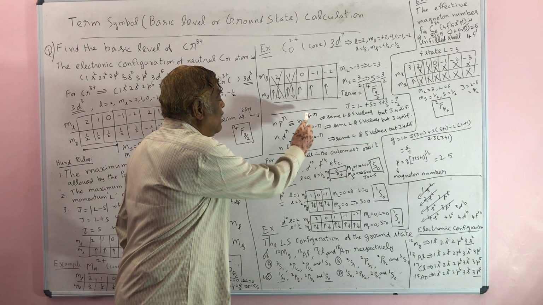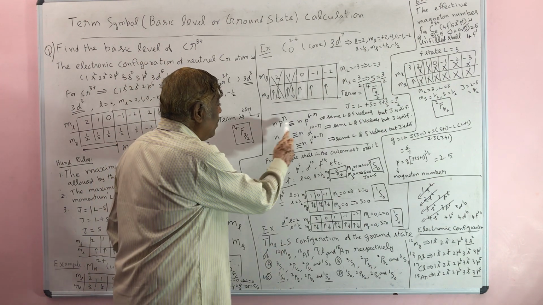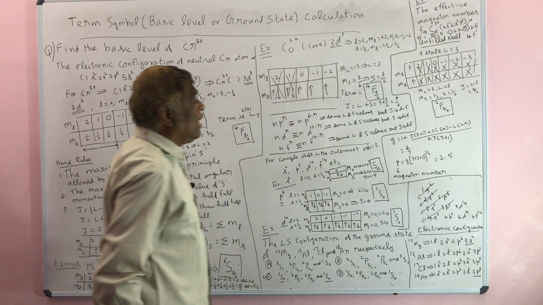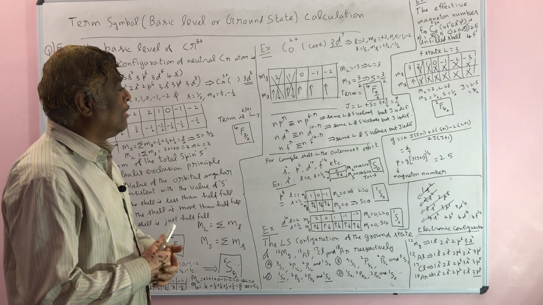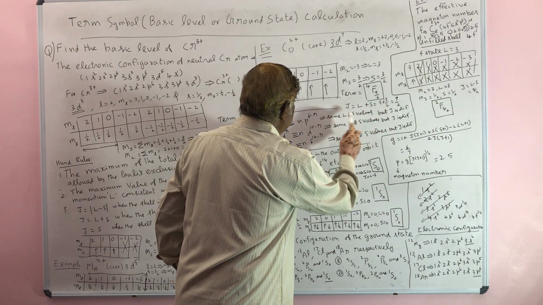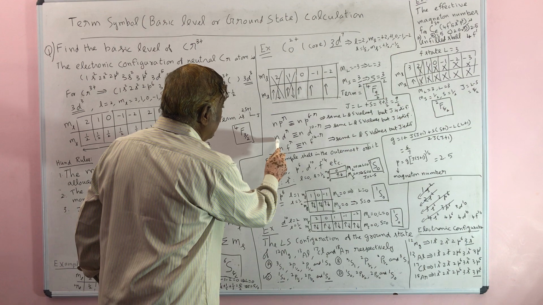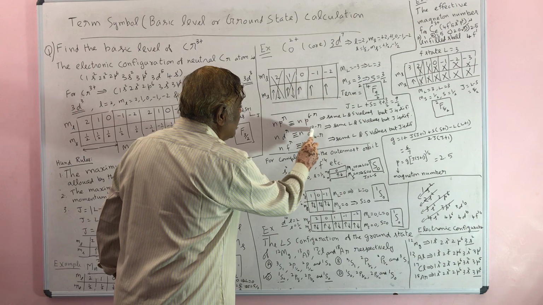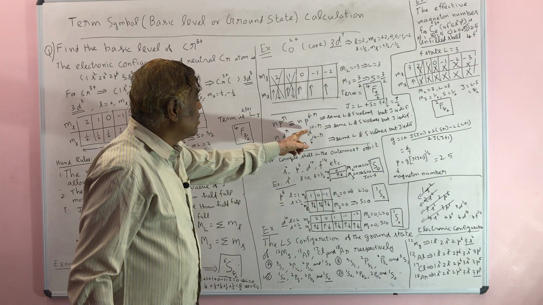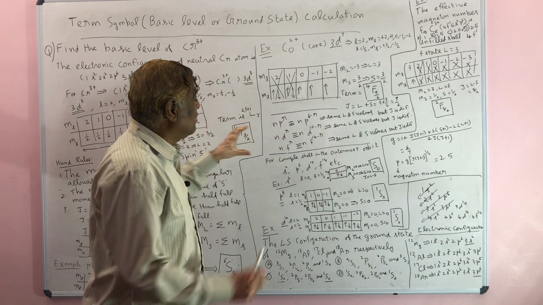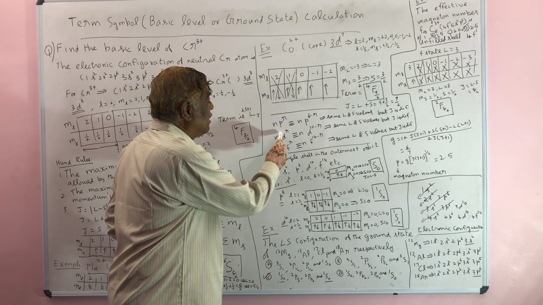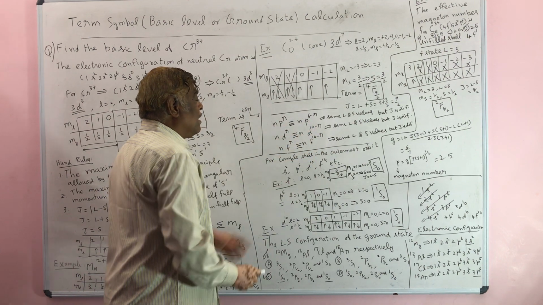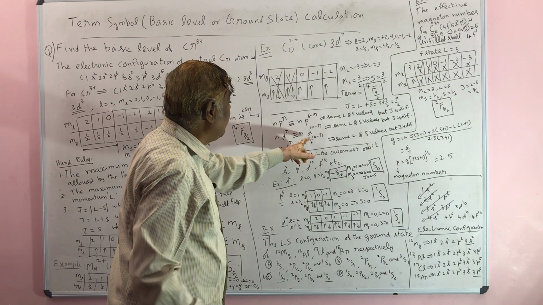So 6 is the maximum number of electrons. If it is so, both atoms will have the same L and S values, but total J is different. Now similarly for nD^R, this is nD^(10 minus R). 10 is the total number of electrons in this state. So 10 minus R, and these are two atoms having R electrons in the D state, and 10 minus R electrons in the D state for another atom.